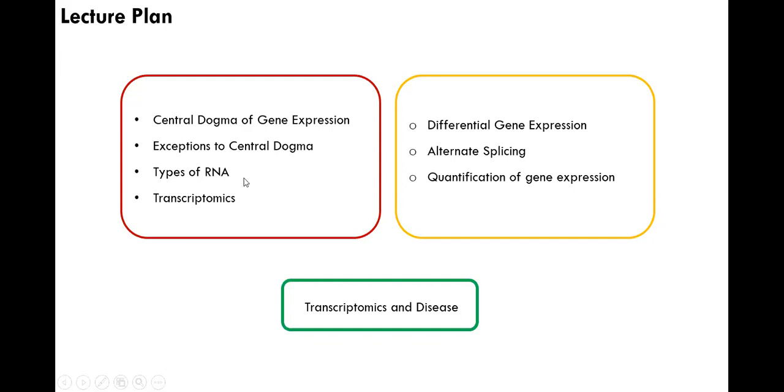And then we will talk about a little bit more on types of RNA. It's not only mRNA, tRNA, or rRNA. We have many more RNAs in our system in general, the cell biological aspects. We will talk about that. And then we come back to a definition of transcriptomics, the scope of the study. And then we will jump into aspects of differential gene expression, alternative splicing, quantification of gene expression. At the end, we will talk about how we can correlate or study functional aspects of transcriptomics